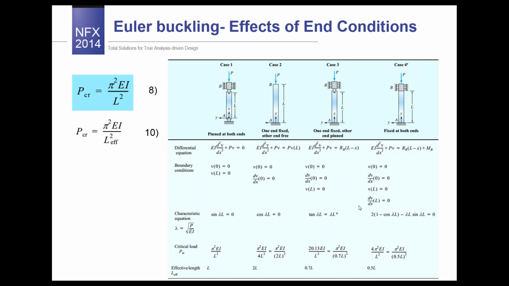Okay, so in equation 8, the moment of inertia I can be replaced by the expression area multiplied by r to the power of 2. Here A is the cross-sectional area and r is the minimum radius of gyration. So right now I'm